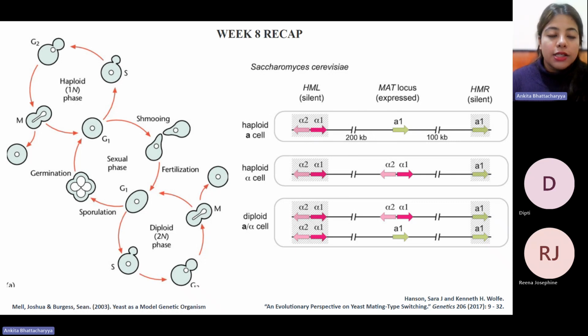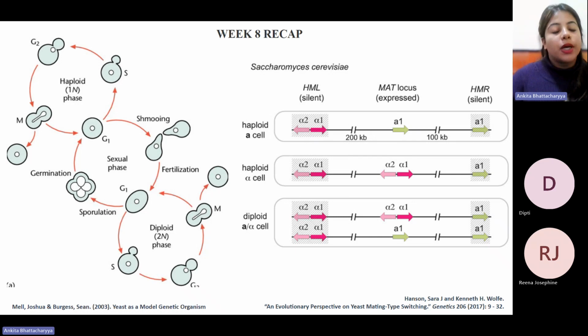What you see here is that the initial cycling is a condition where the yeast cells are in a haploid state, which is indicated as 1N. In the haploid state, the cell which is normally arrested in G1 will undergo cell division under circumstances which are conducive for the cell to divide. Under such circumstances, it undergoes mitosis, and the mitosis process gives rise to another haploid yeast. Then it goes through G2M and it again circulates back to G1.